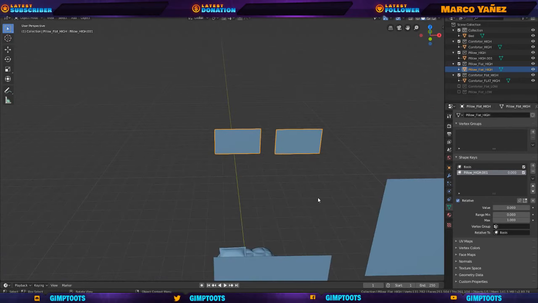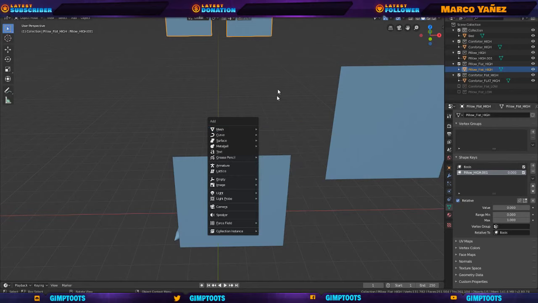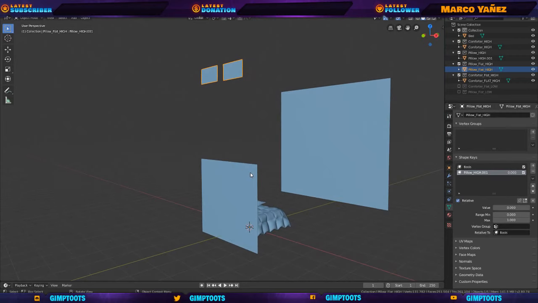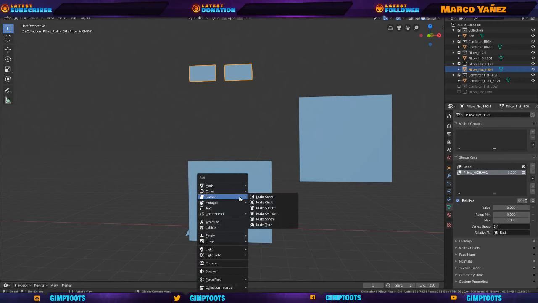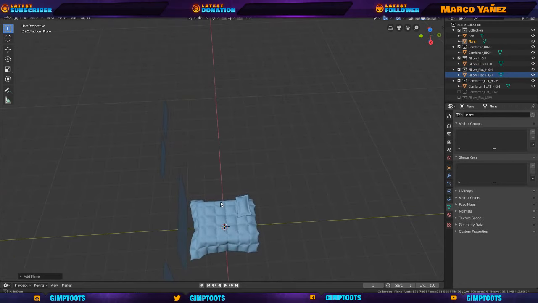And with stuff like this would be as easy as pressing Shift A, mesh, and just adding a plane, and then scaling the plane up and making it match this or this, and then just adding some subdivisions. So like I said, you just add a plane here, scale this guy up,